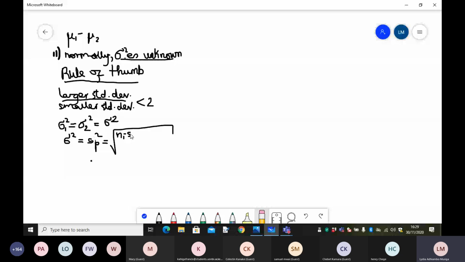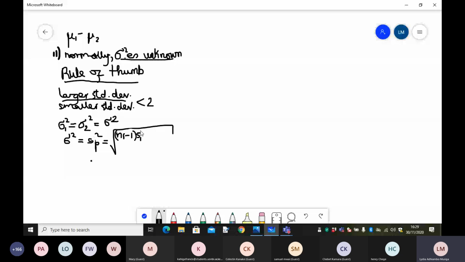It is n1 minus 1, and it is not ni. It is n1 as in the sample from population 1, n1 minus 1, s1 squared, plus